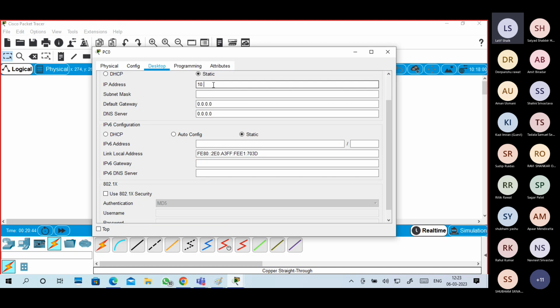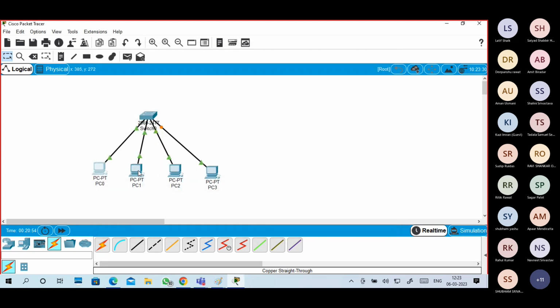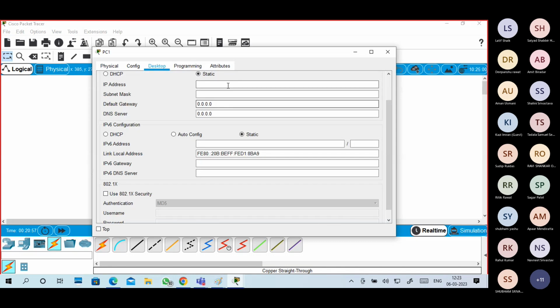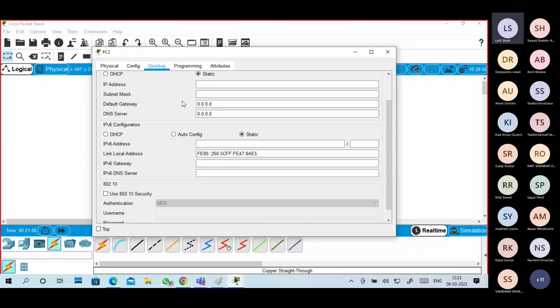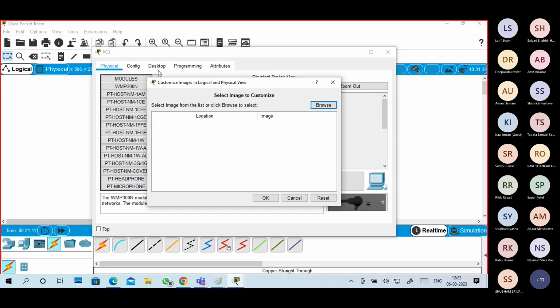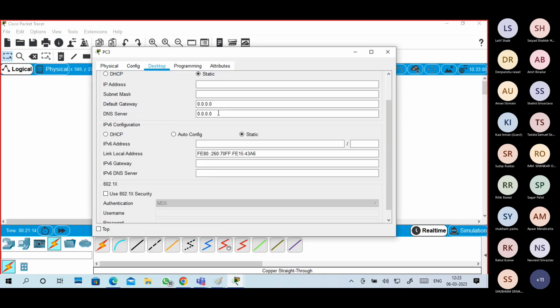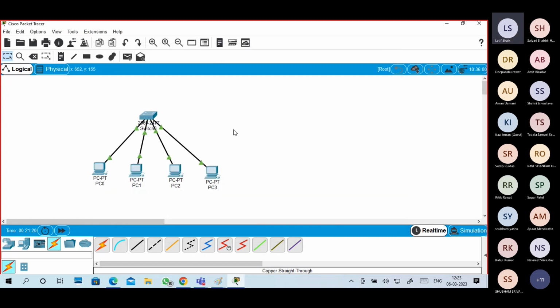First PC, I'm configuring a simple IP address. To communicate in the network, a device must have an IP address. Okay, the device now has an IP address.